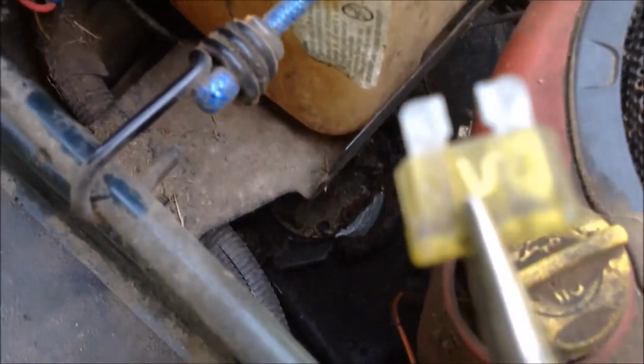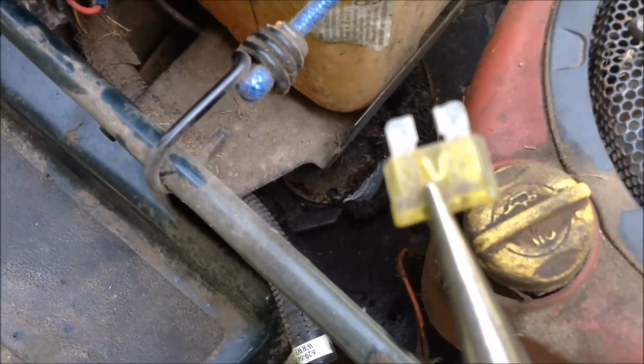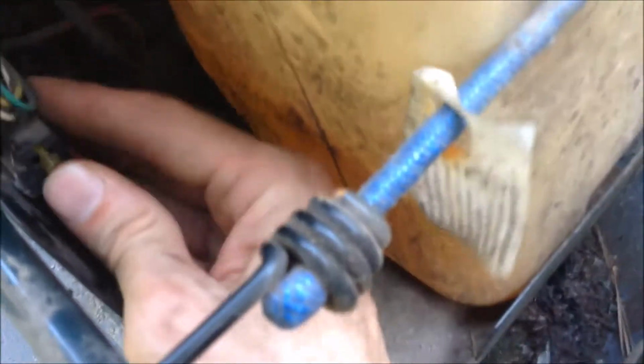There's a fuse. Make sure that it's good. You'll see that's unbroken, so that's fine. So the next thing we're going to do is take a look to see if the ignition switch could be the problem. We're going to pull the plug off the back of the ignition switch and test some of the wires. We're going to hook our negative to a screw on the